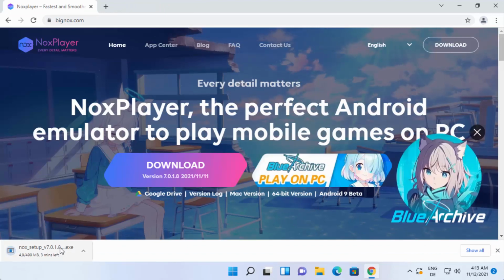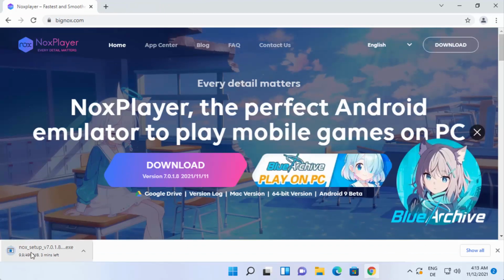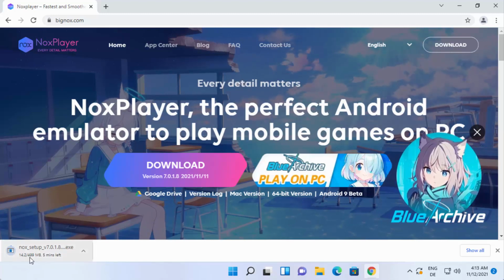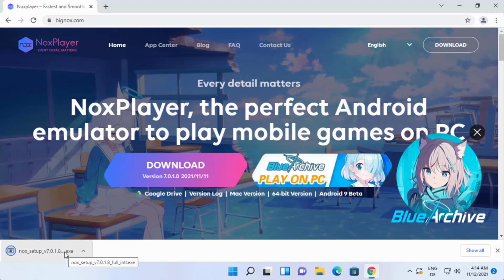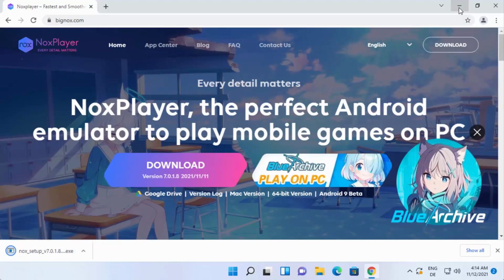So I'm going to just click on the download button, which is going to start the download of this nox setup.exe file. So this file is around 500 megabytes, so just wait for the download to complete. And once this exe file is downloaded, just click on this exe file, and then I'm going to minimize the